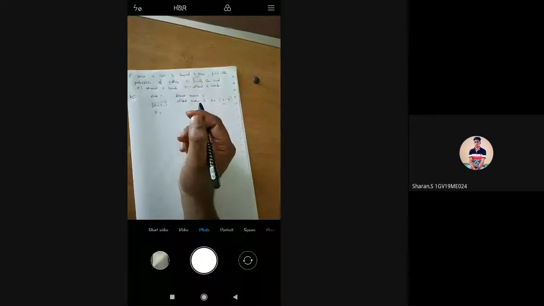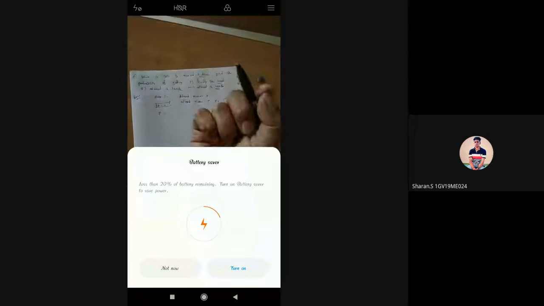P is equal to, first of all, n is equal to the number of trials, that is 4. Then P is equal to, see, we have one coin itself. So when you toss the coin, what happens? Probability of getting head. So we are speaking about head, here also head, and here also head. So if you find the probability of getting head when you toss it once, I am telling, not for four times, all the 4 times successively. So I am telling the possibility of an event.